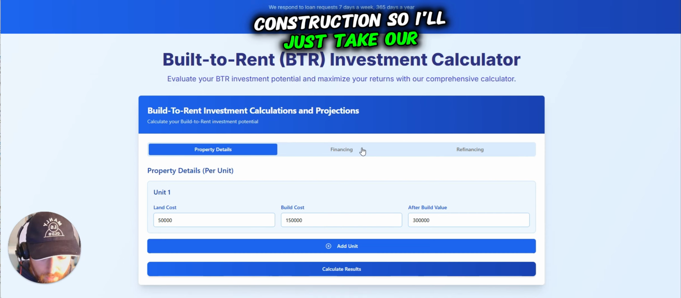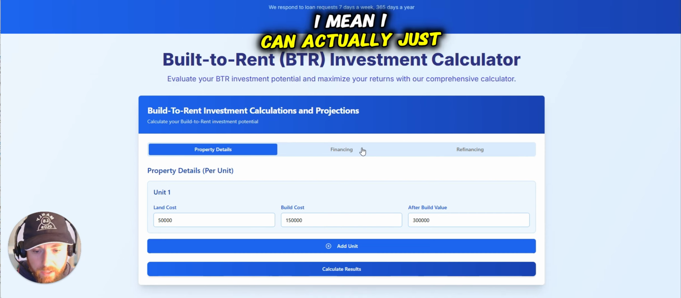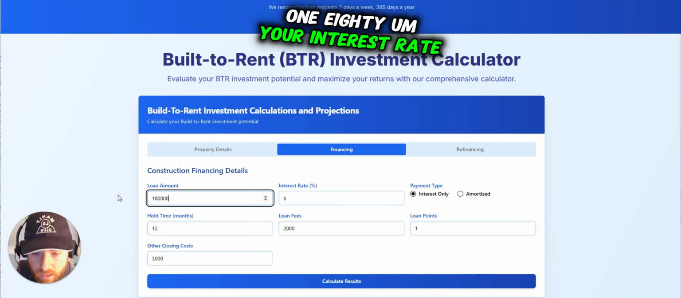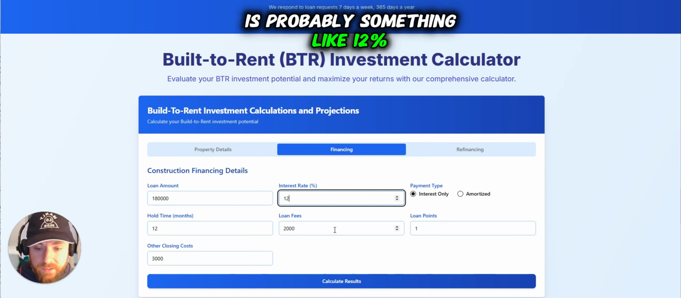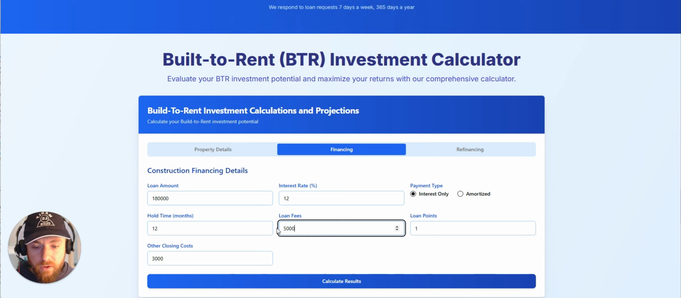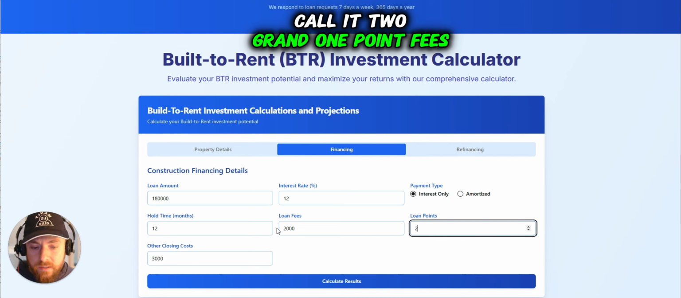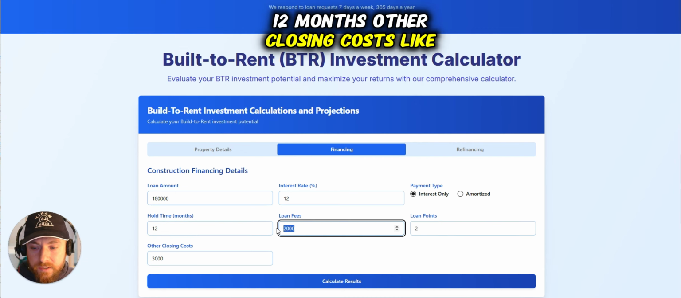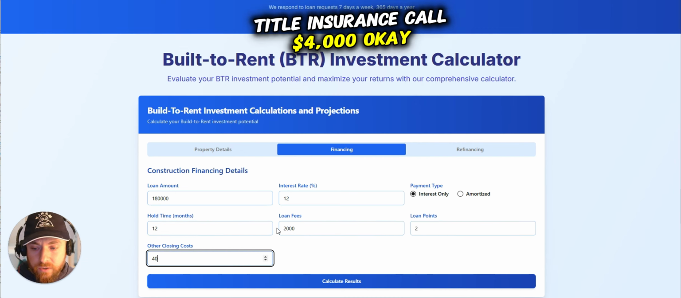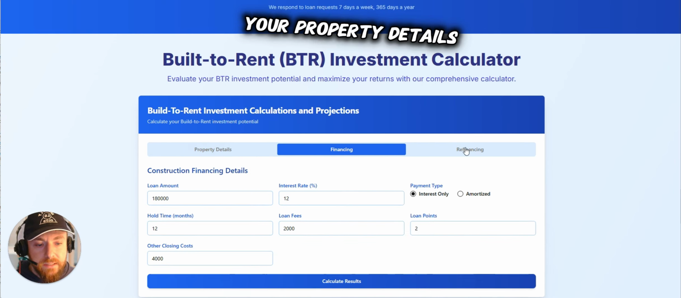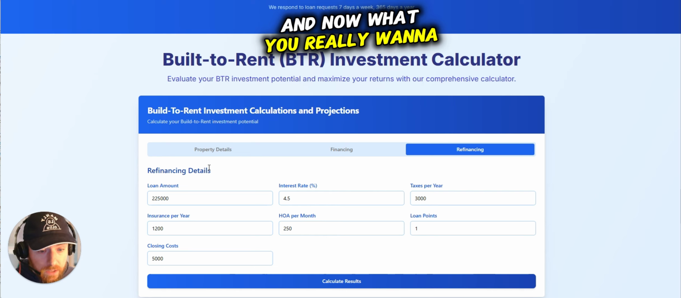So I'll just take, I can actually just do this in my head, 180. Your interest rate is probably something like 12%. Call it $5,000. We'll call it $2,000. 1 point in fees. 12 months. Other closing costs like title and insurance. Call it $4,000. Okay, so that's your financing costs, your property details, and now what you really want to understand